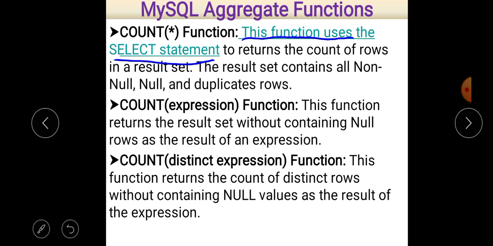For any aggregate function, you must use a select statement to return the count of rows in a result set, and the result set contains all null and duplicate rows. In simple words, count star includes all values, whether null, not null, or duplicate rows. So all rows are counted in that case.